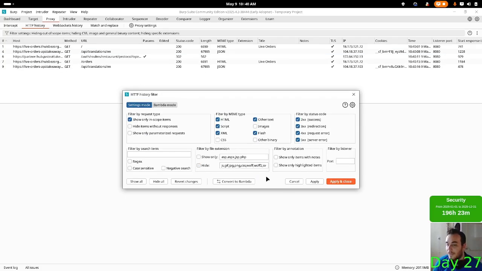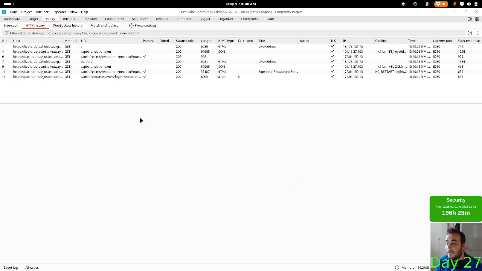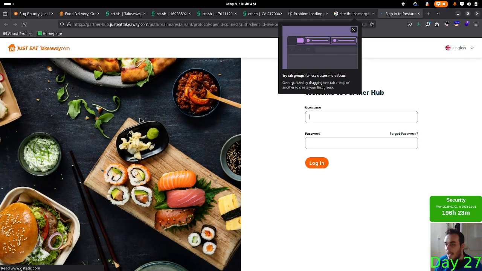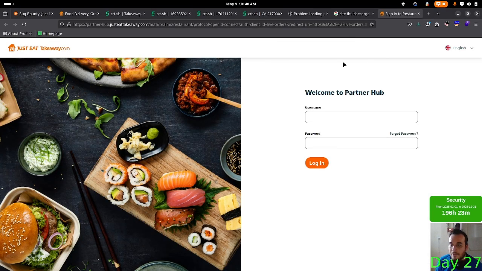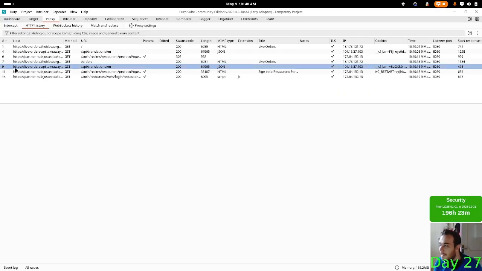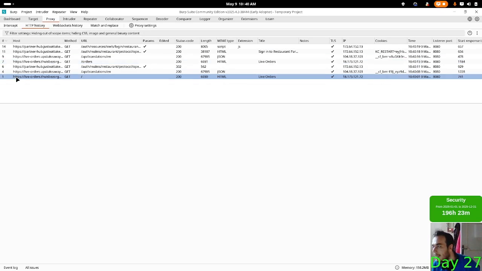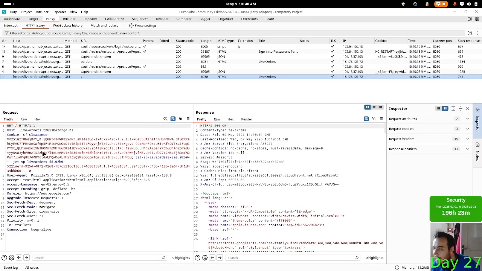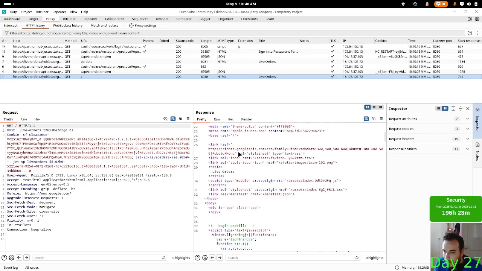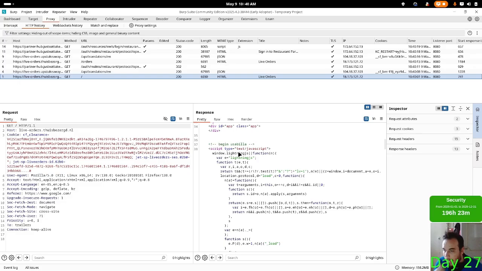In this, I'm not going to hide any static files. I want to see all the files. And as you can see, we're going to be redirected to this file. But let's see what happened exactly in here. After opening this file, as you can see, we get the